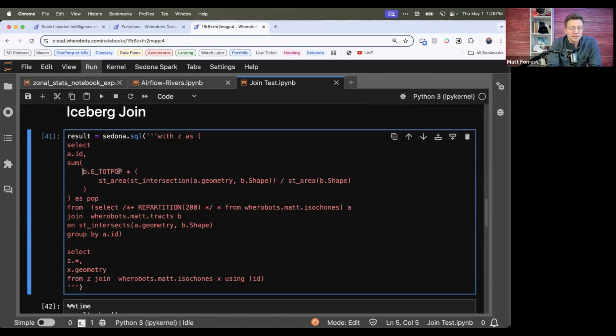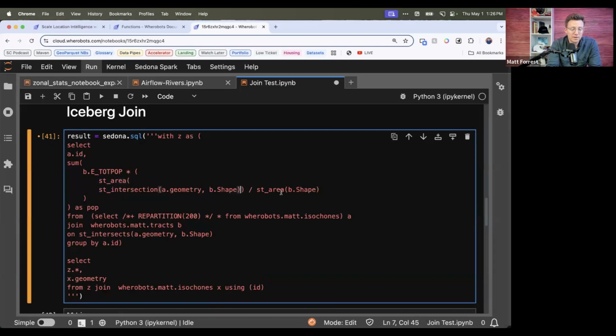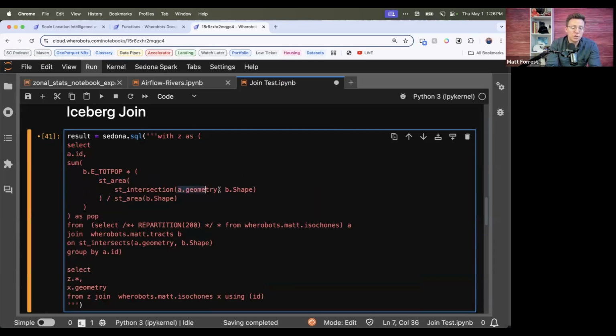So then what I'll do here is basically say, take the total population and multiply it by this fraction. To get that, I'd get the area of the intersection, right? So ST_Area, and then the intersection here, which is the intersection of the geometry of the census polygon and the geometry of the isochrone, and then the shape of that area, which is the census polygon, and then divide that by the total of the census polygon. So out of that, what part intersects is just simple arithmetic here. And then I'm going to multiply that by here. So if everything in here equals 0.5, and this is 100, the return value would be 50,